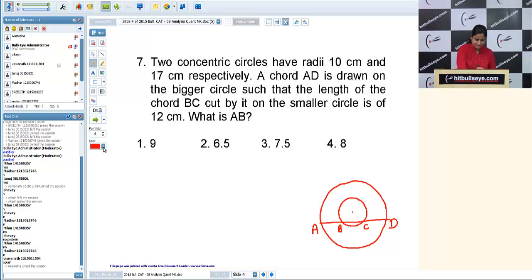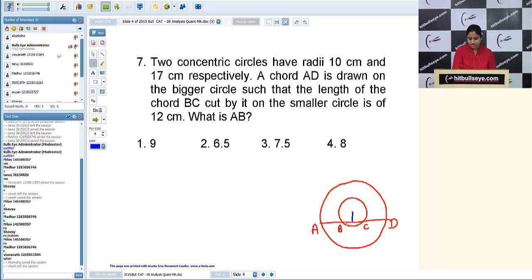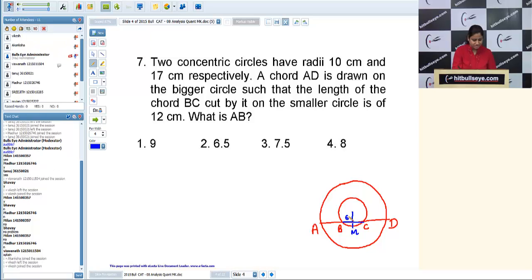So we have a property in circle that whenever you have a chord, if you draw a perpendicular from the center on the chord, it will bisect the chord. Now BC was 12. Let this point is M. So BM will be 6. Are you getting me, Vishwanath? So BM will be 6. If I join this,